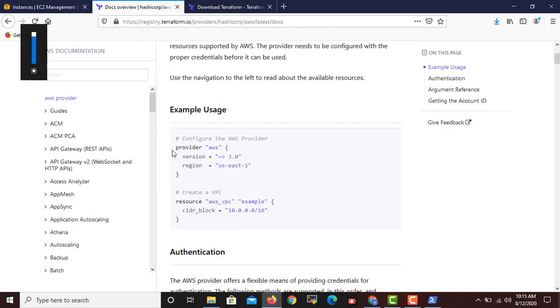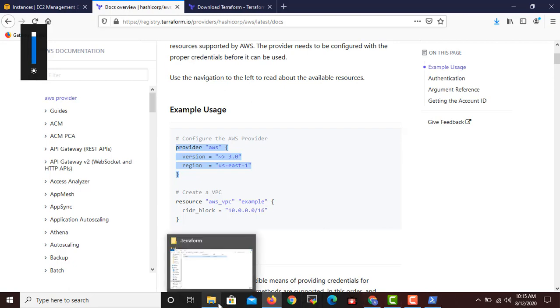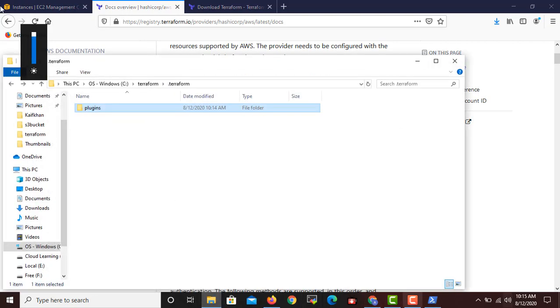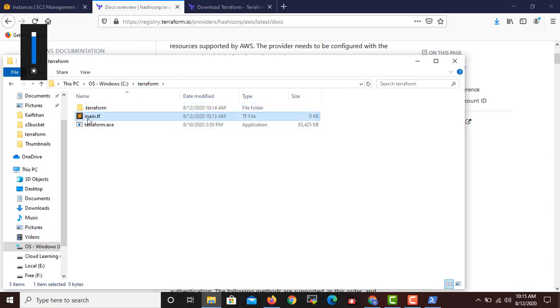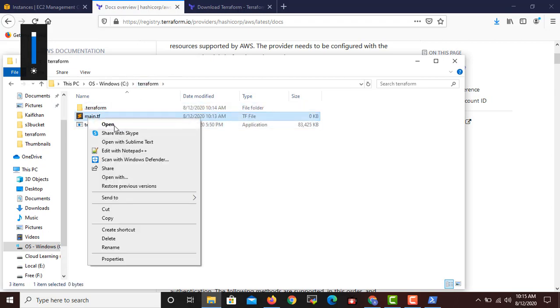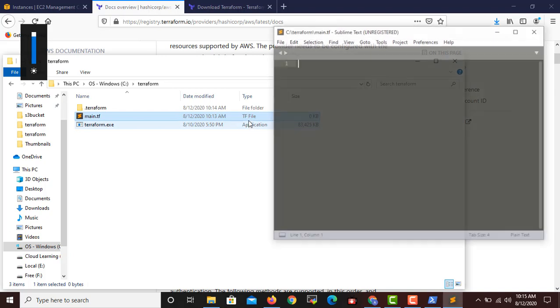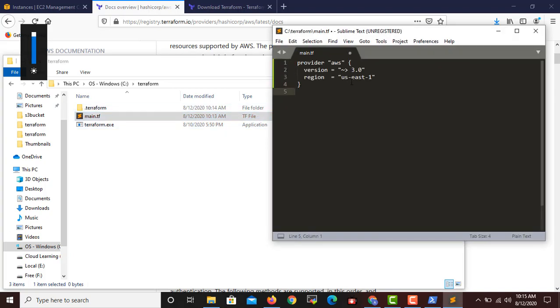Now simply by giving this information, provider AWS and your details, you can keep this in this file. Terraform, open, because it is empty. So now I say provider AWS, and my region will be this one, and save it,